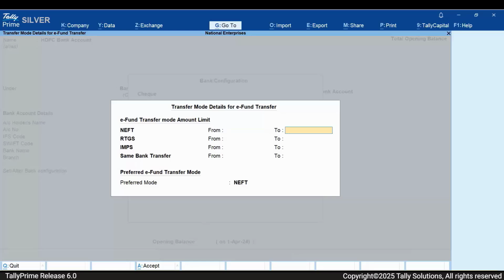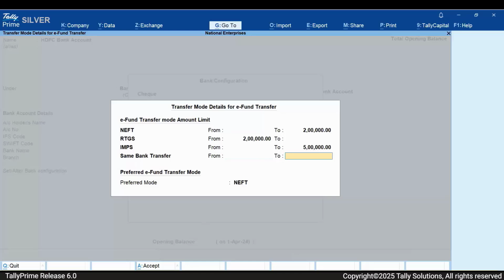For instance, NEFT gets applicable to transactions up to 2 lakhs. RTGS gets applicable to transactions from 2 lakhs onwards. Up to 5 lakhs, IMPS gets applicable. You can also enter the range for same bank transfer.